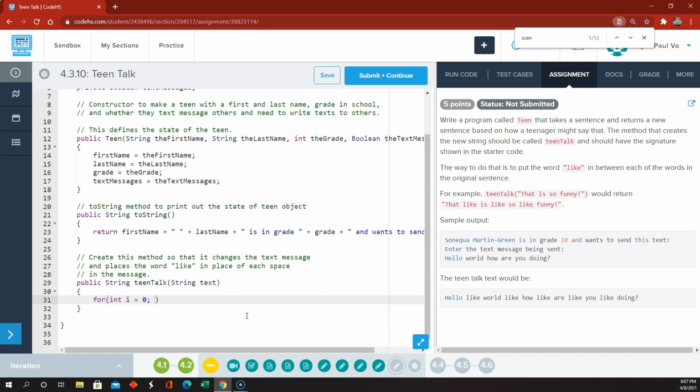For int i equals 0, i less than text.length and i plus plus, and then string this letter equals text.substring from i to i plus 1. And then depending on what that letter is, we either add that to our string. So I'm going to call the string